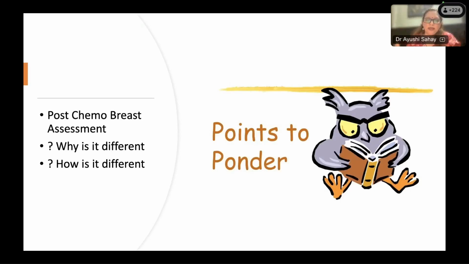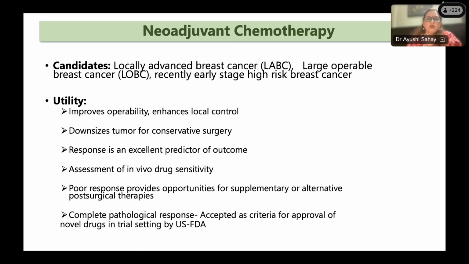You have to gross it and think it and look at it in a different way as compared to the specimens that I have shown till now. So, who do we give the neoadjuvant chemotherapy to? Most of the time, neoadjuvant chemotherapy is given to locally advanced breast cancer or large operable breast